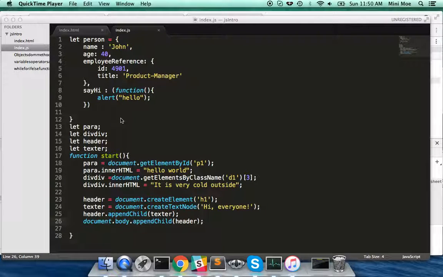So in this one, I'm going to be talking about why objects are so important in programming and how they